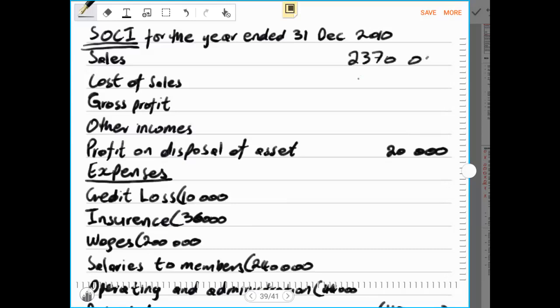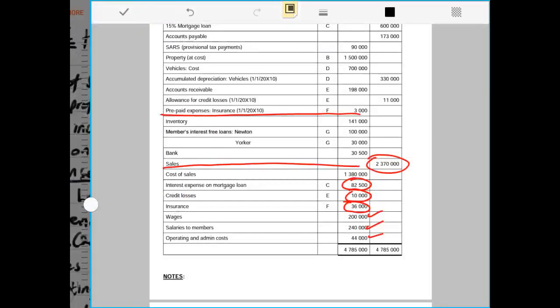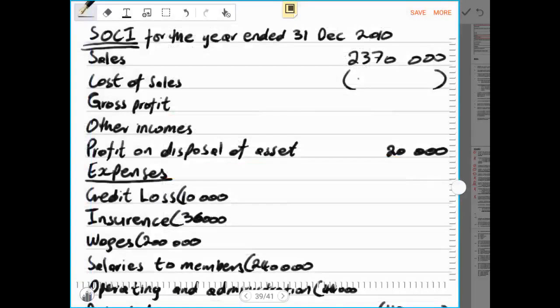2,370,000 rands. Then after we record the amount for the cost of sales, and fortunately in this case we already have the amount for cost of sales, and the amount of cost of sales there is sitting as 1,380,000 rands. Then after we underline, we get to the gross profit, and gross profit will be